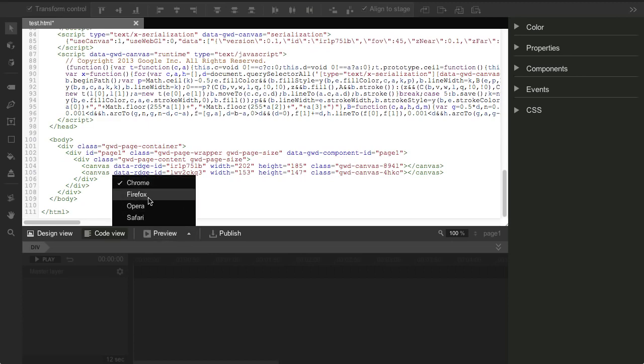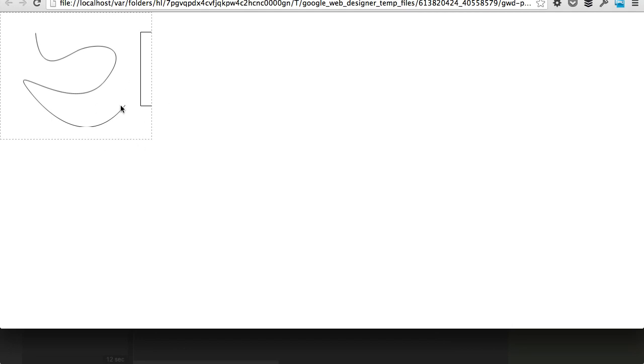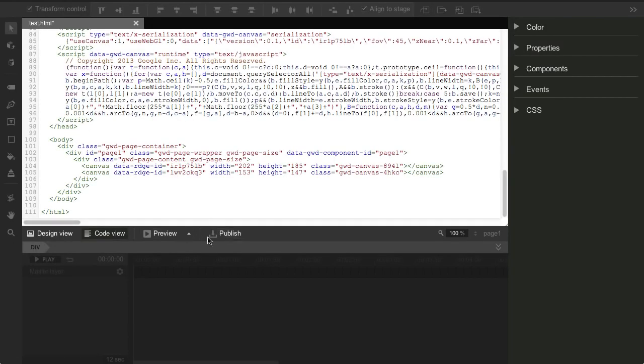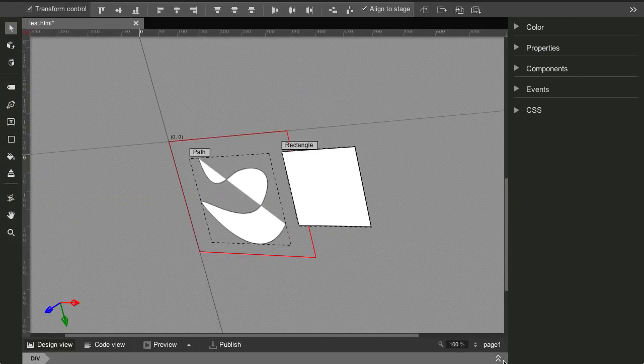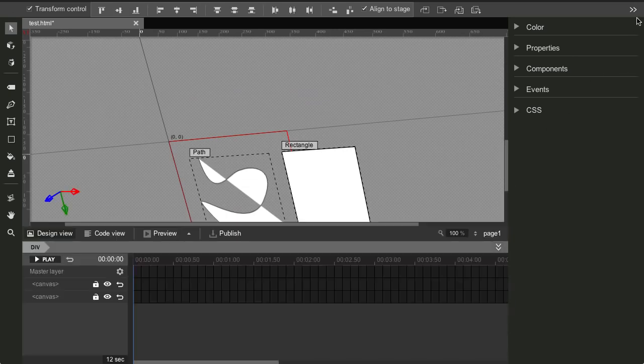You can open this stage in any kind of browser. This is what it looks like in Chrome. Okay, over here you have the publish. Now, publish will basically take everything you've done and create a zip file with all of your necessary files. All right, coming back to design view, we can see that this timeline here can be hidden, and also this